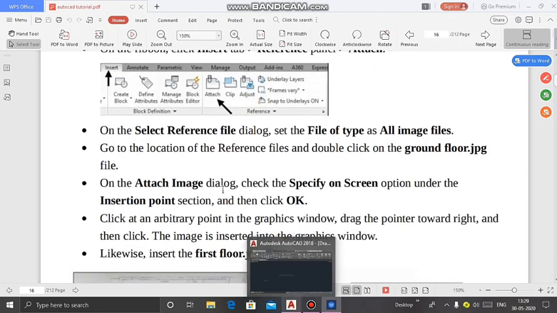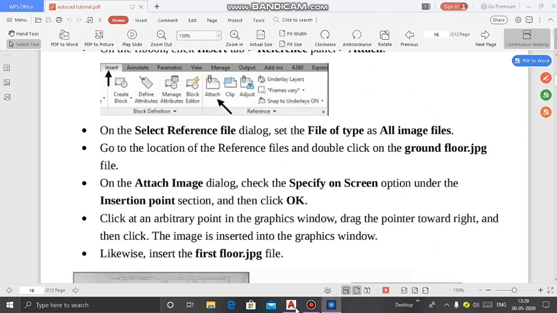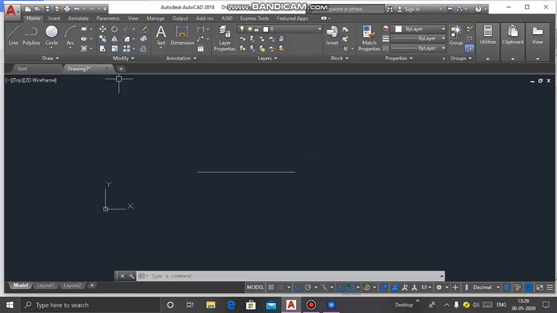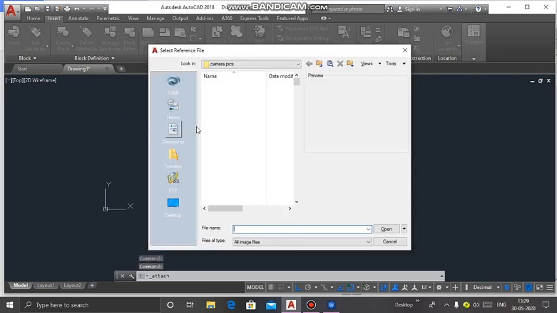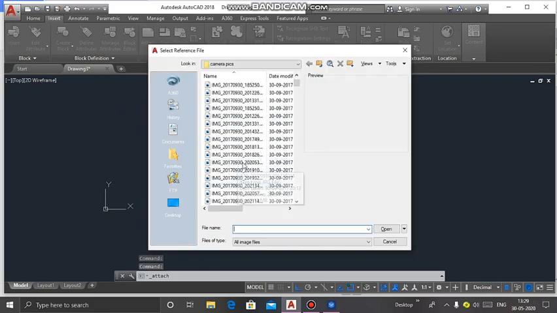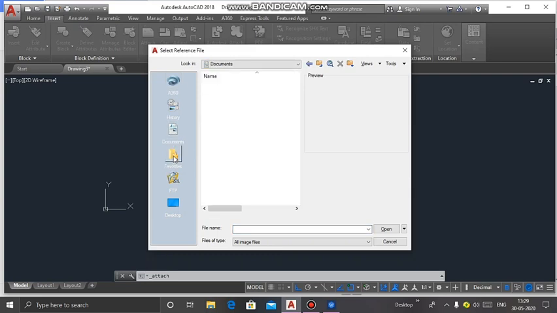Let's perform all these points. First we will go to Insert, then in the Reference panel we will go to Attach. Now choose the files from where you want, from documents or from favorites, from desktop, from anywhere.